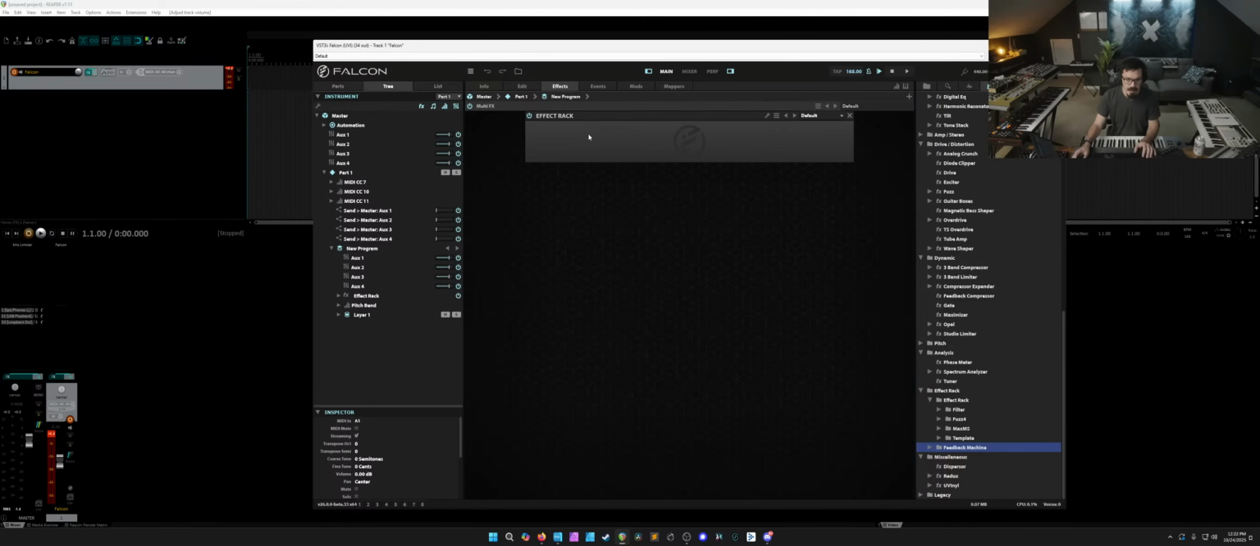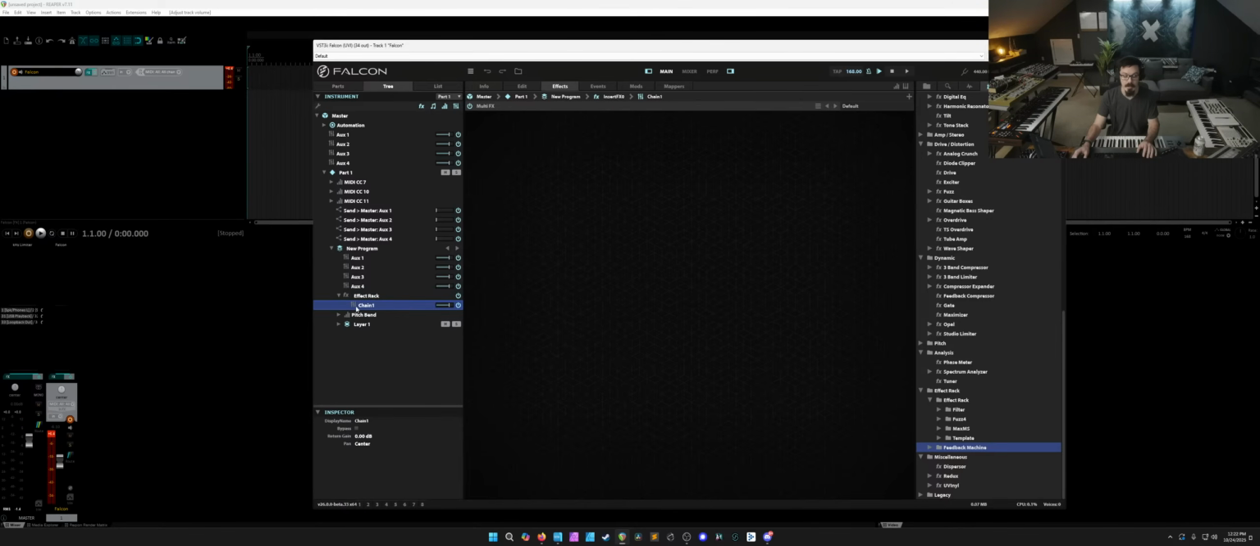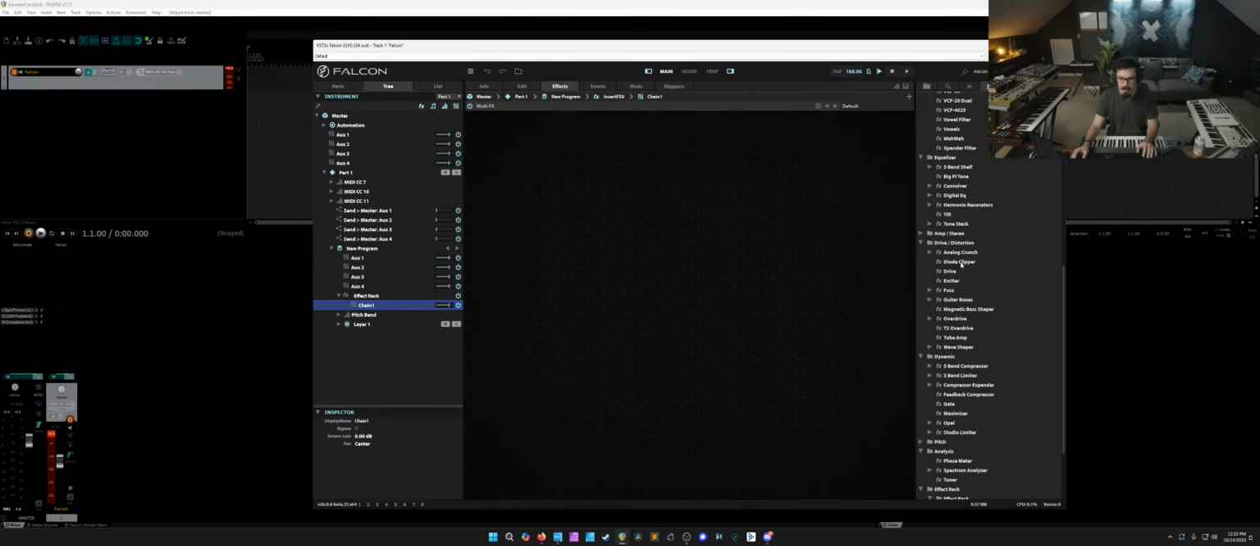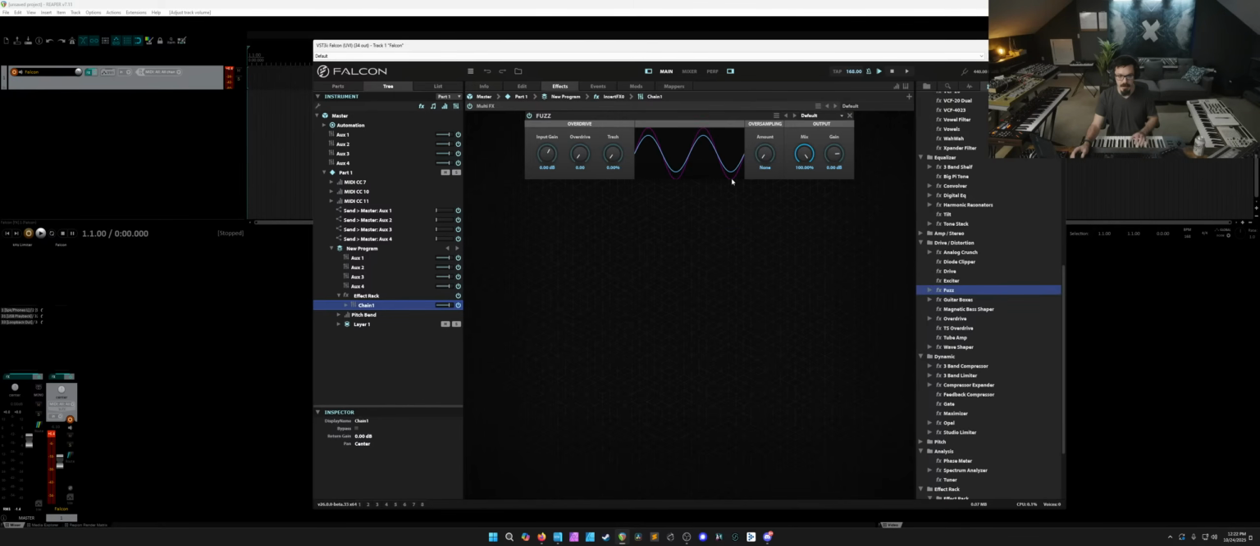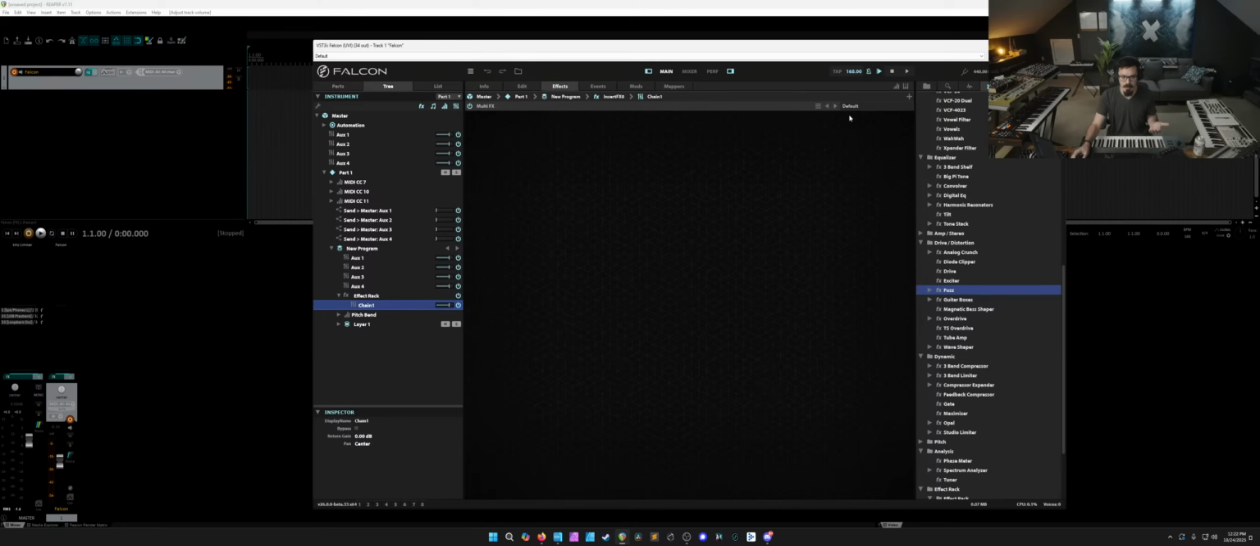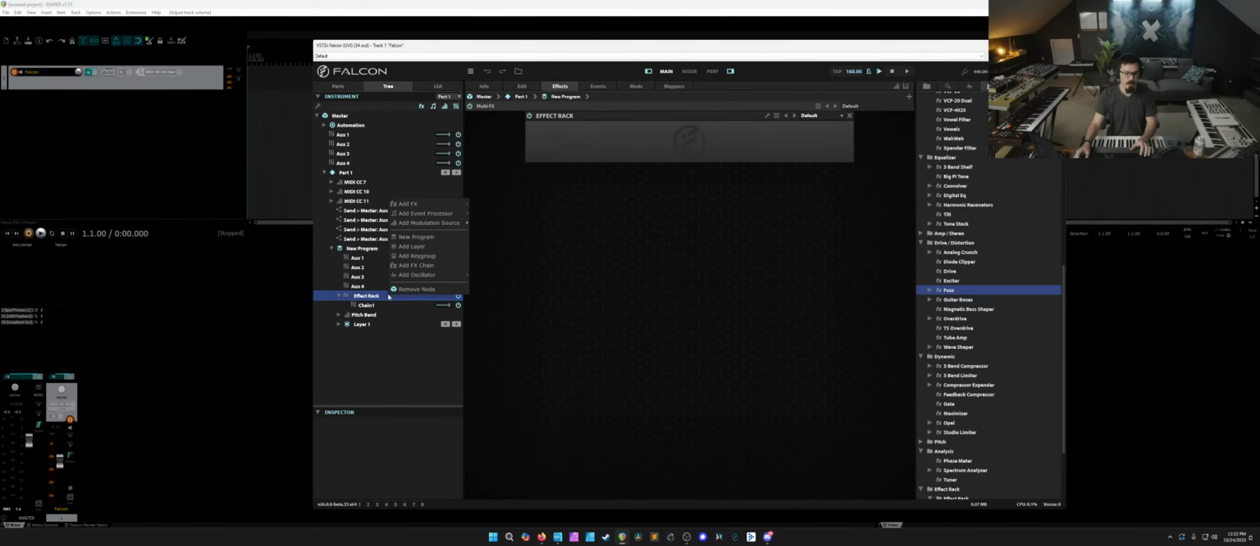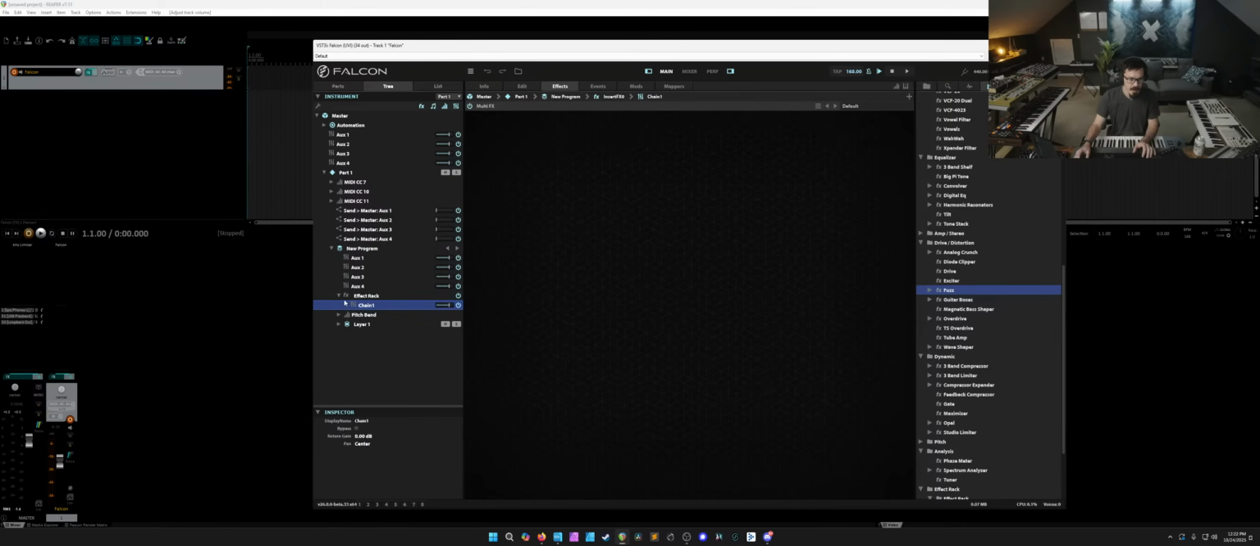So an effect rack right now does nothing. But if we go into our tree view, we can find our effect rack, and we can see it has a chain. So I can double click that to open it, and now I could add a fuzz into this, which right now is the exact same as just having an effect on there, right? But this is how we can do parallel processing. So within this, I can actually add